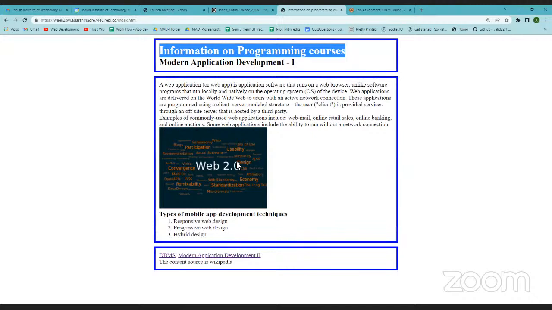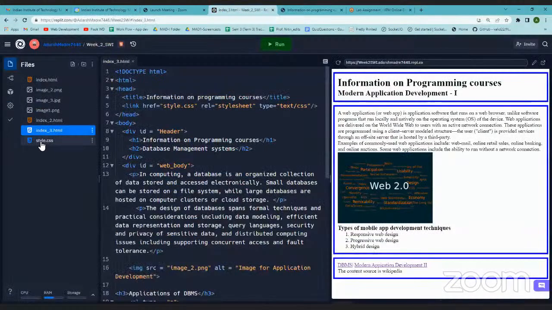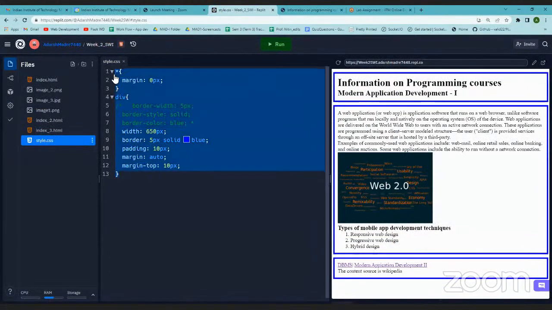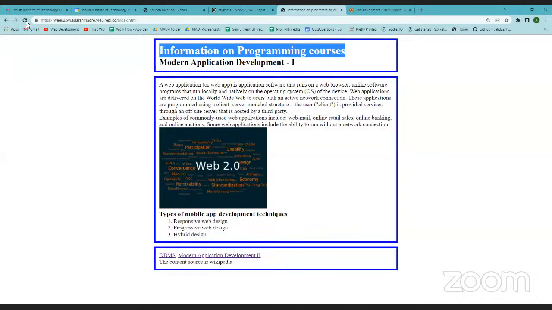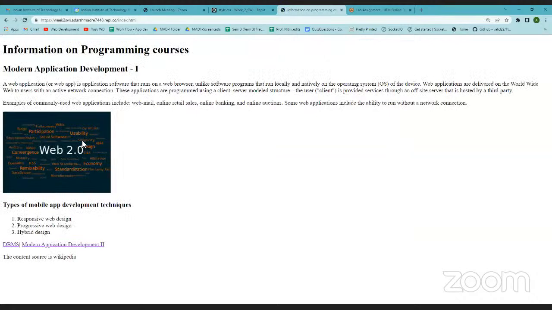So I'll show you the difference. Let me for a minute go to style.css and remove the entire styling. Okay, I've commented the entire styling. Let me comment this also. Now let me go back to the document and reload it. Yeah, so this was the original document. Now if I go to inspect